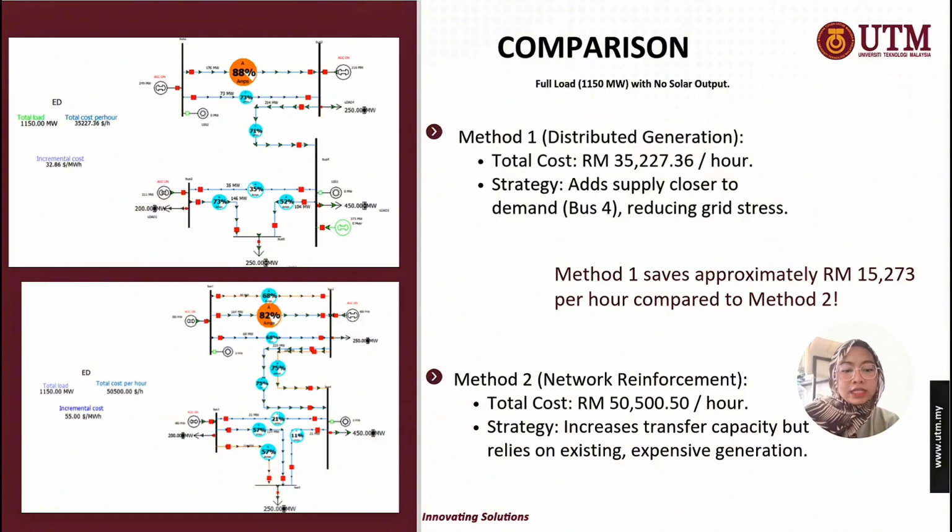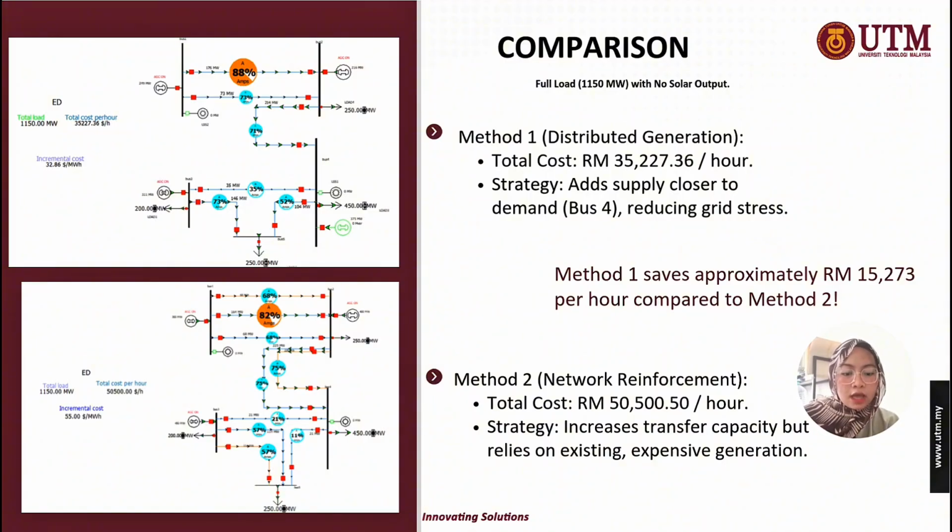In method 2, adding transmission lines is essentially just building a bigger pipe. It solves the traffic jams on the line, but it forces us to keep buying power from the same expensive remote generators G1, G2 and G3 to meet the heavy demand and losses over those long distances. Method 1 is much smarter. By placing the generator directly at bus 4, the load center, we are generating electricity right where it is needed. So we don't just solve the traffic jam, we reduce the amount of power that needs to travel, which lowers losses and allows us to run the system much more efficiently. This proves that solving the problem with steel and copper lines is far more expensive than solving it with